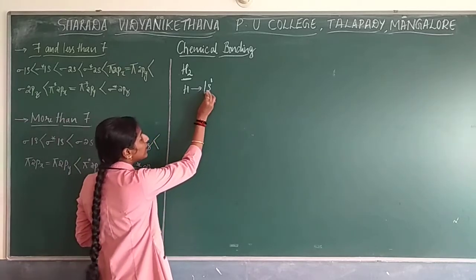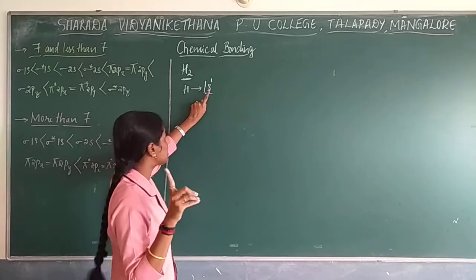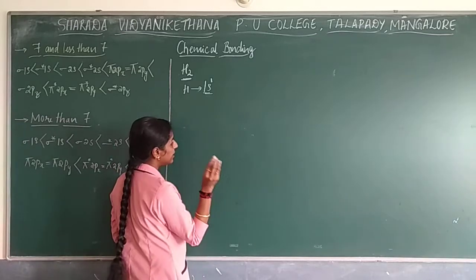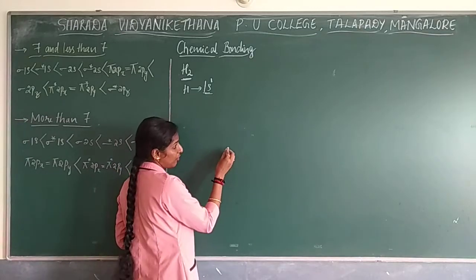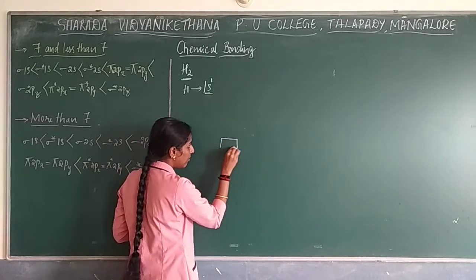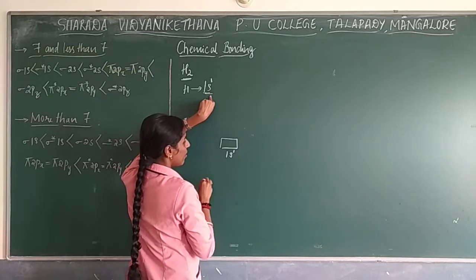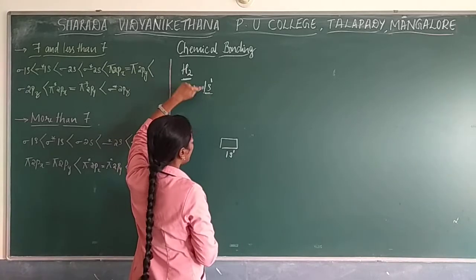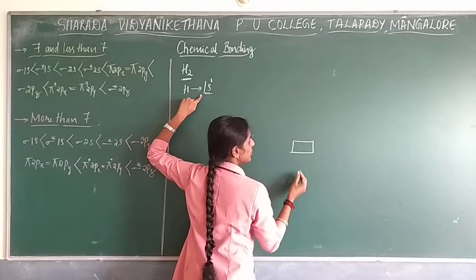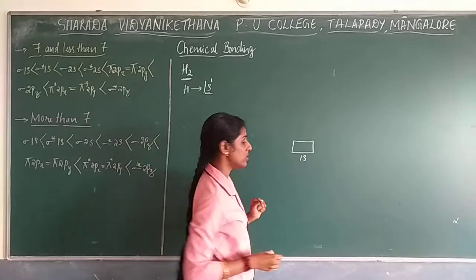Hydrogen has 1s1, in the sense only the first orbital, an s orbital, is present. When you are writing the structure, I have already told you yesterday how to write it. So 1s1 means only one box. This is for one hydrogen atom, 1s1. Another hydrogen atom has the same electronic configuration, so for the s orbital you write only one box, 1s1.